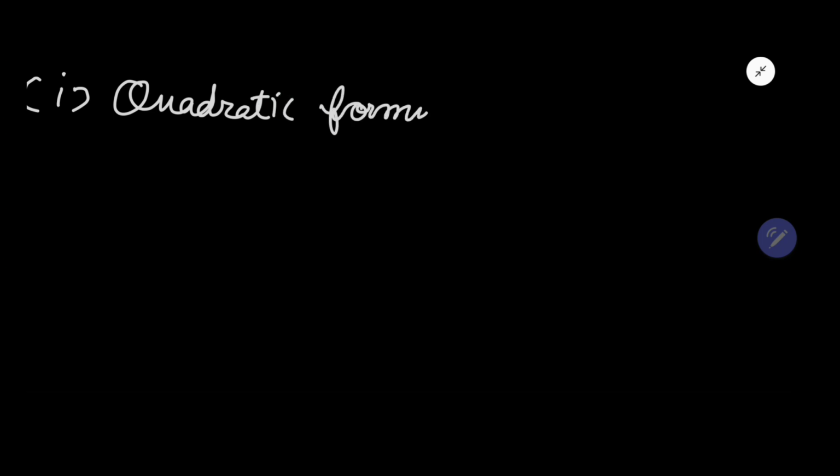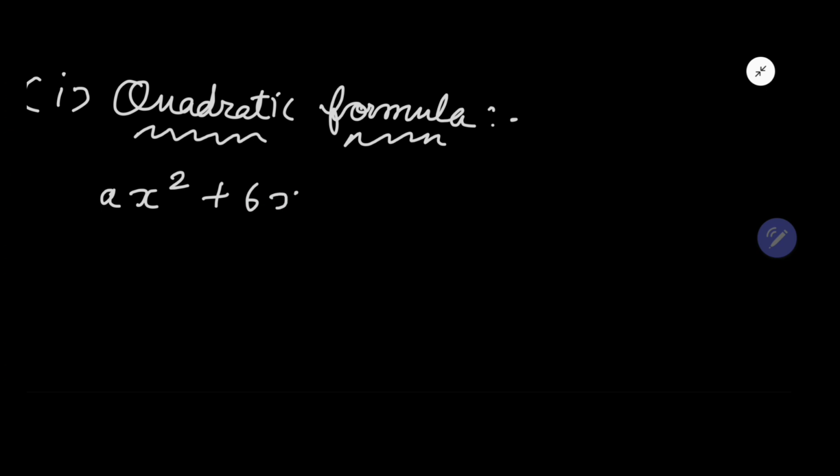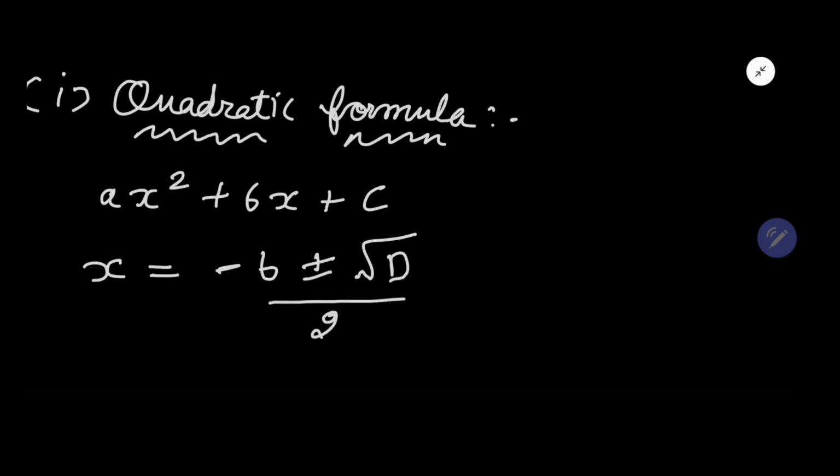In this video, we will talk about the quadratic formula method to find the roots of a quadratic equation. So let's write a general quadratic equation, which is ax square plus bx plus c. The general formula to find the roots of a quadratic equation is x is equal to minus b plus minus under root D upon 2a,